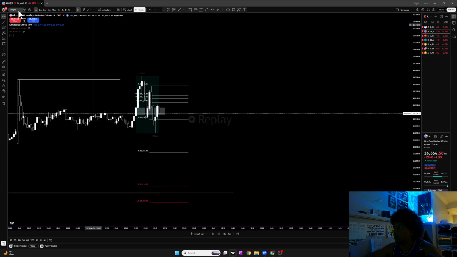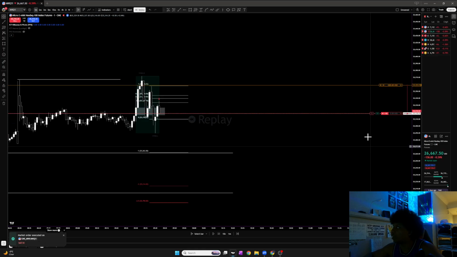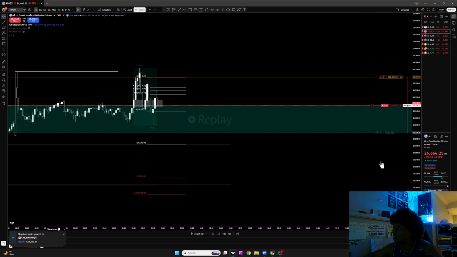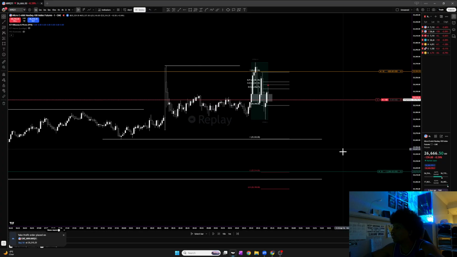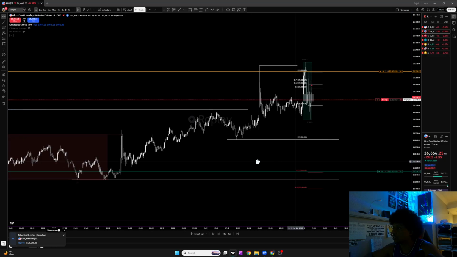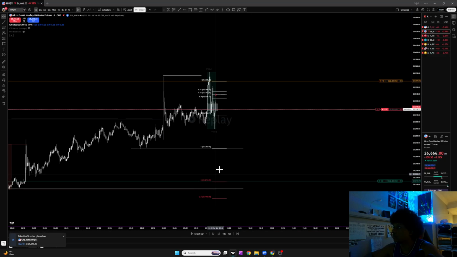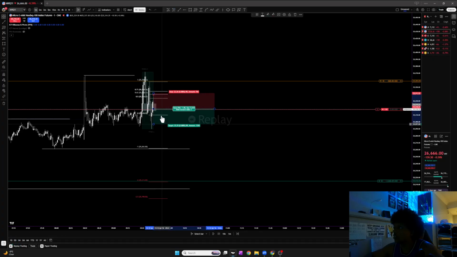So I'm gonna enter off this 1 minute value gap, and I'm gonna have my stops above the high right there, and then I'm gonna target -2. So that's basically a short right here. So when the price hits 1:1,